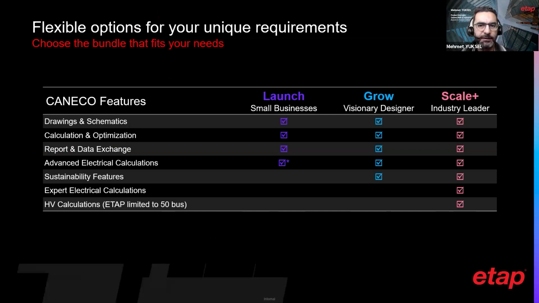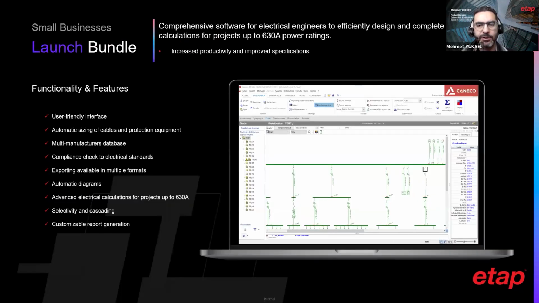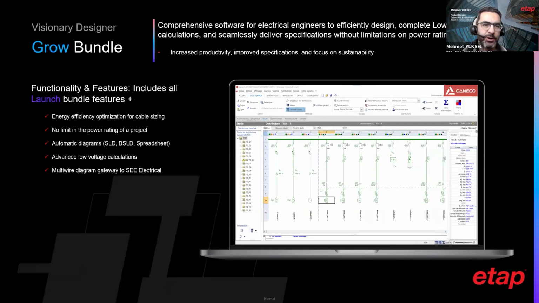You have the free version of Caneco, and Caneco subscriptions. The first one is the Launch version, then the Grow and the Scale Plus. If we go deeper in that, the Launch bundle is dedicated to small businesses, up to 630 amps as power rating for electrical installation. You can design a low voltage installation with this bundle. With the Grow bundle, you will not have any limitation on the LV part, and be able to define in every case and every